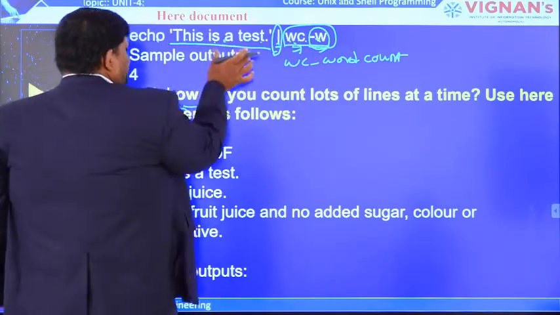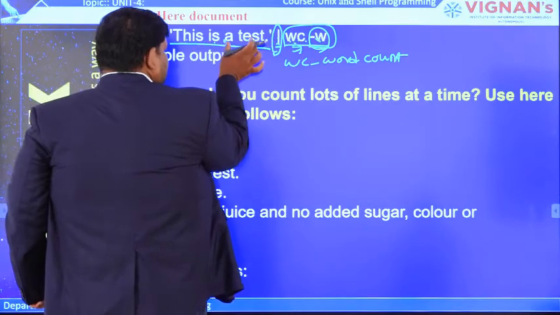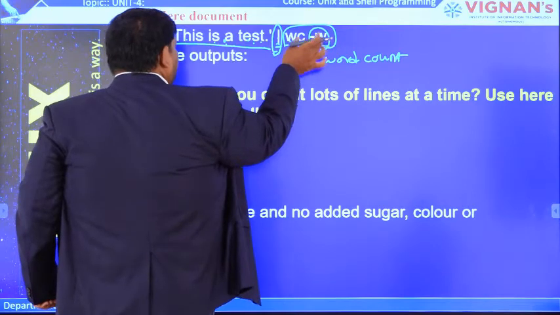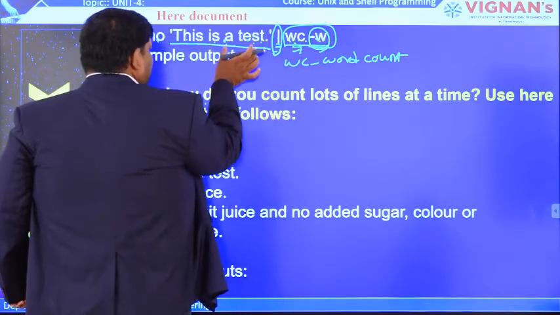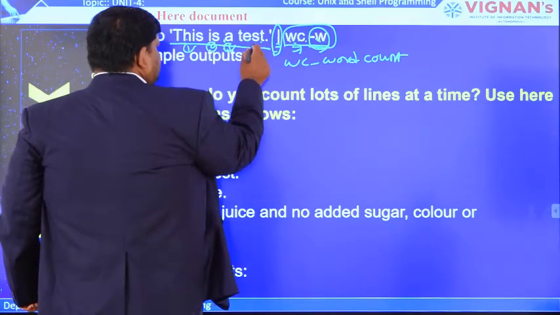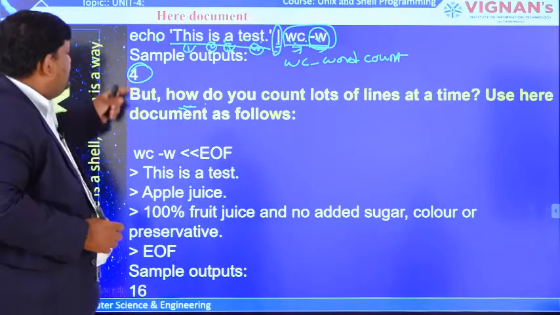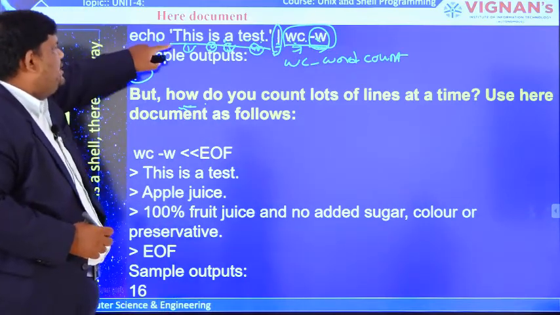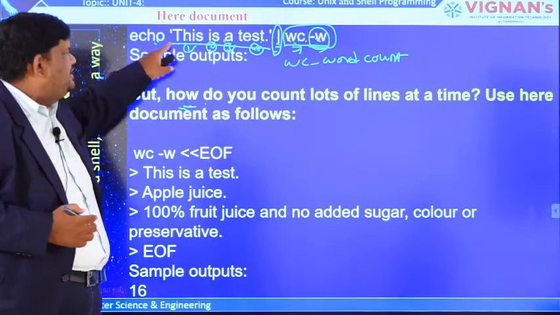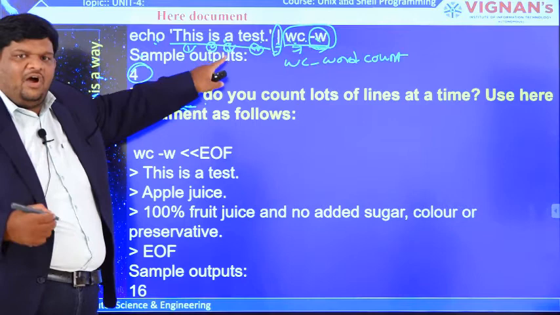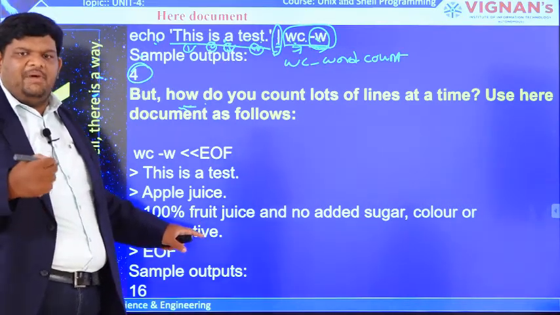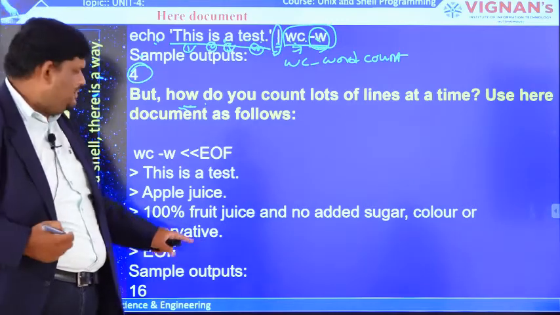Now we are giving the string "this is a test" as the input to this command. It evaluates how many words are there in this string. The first word, second word, third word, and this is the fourth. So the answer is 4. If you consider this example, here we are providing only one line of data. If you want to provide multiple lines with this command, it is not possible. Then the only option is a here document. With the help of a here document, we can give multiple lines of input. How is it possible? Let us consider.